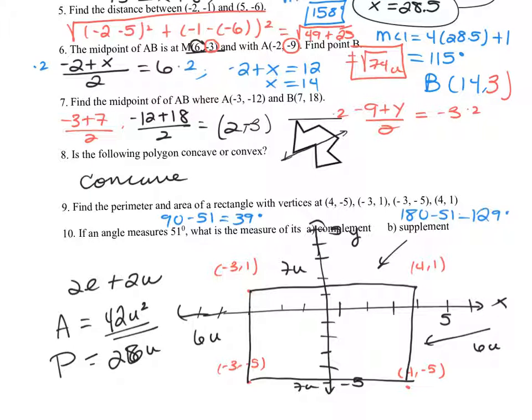Of course, for your bonus question, I already told you that you're going to have a construction. You will have to copy an angle. So if you want to get the bonus question for extra credit, you will have to copy an angle for that. Do you have any questions about tomorrow? None? Okay, so here's what